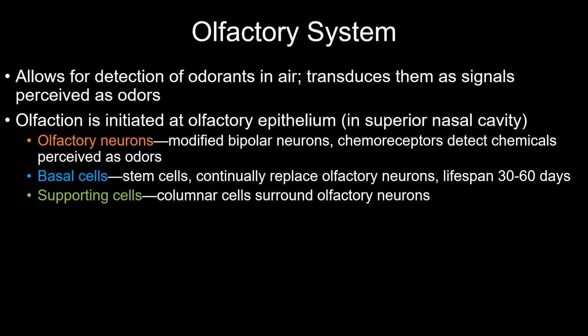And it has 3 different types of cells in it. First, you have olfactory neurons, and these are modified bipolar neurons that work to detect odorants. Since they're detecting chemicals, these are those chemoreceptors that we've previously mentioned, and we have about 10 million of these